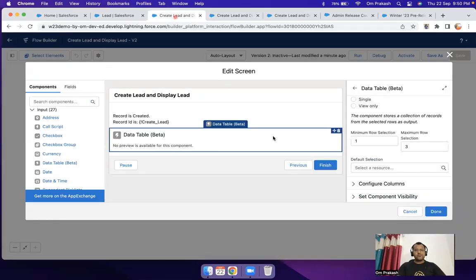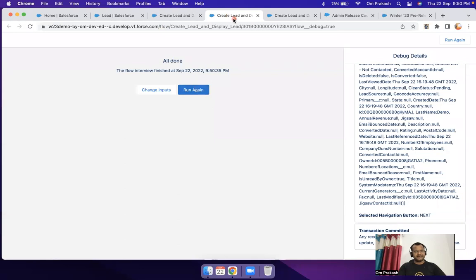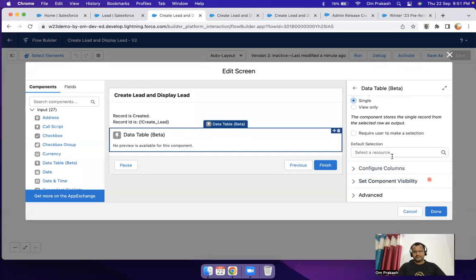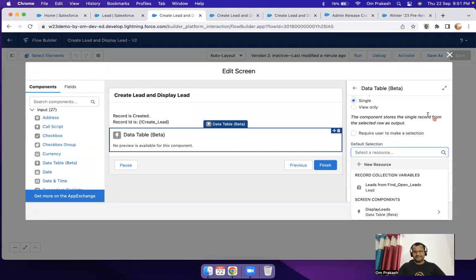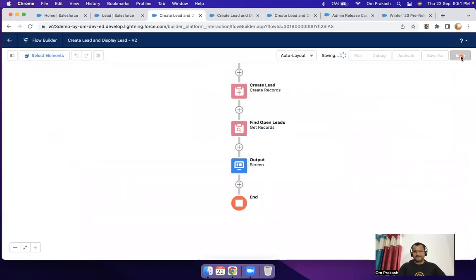Now I am quickly going to show here. If I want only a single select option, then I can mark this as single, this option will not come, then a radio button will be there. How? Let me mark single, leave the default selection, just single, done, save it, click debug again,